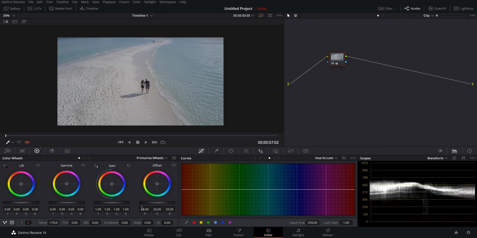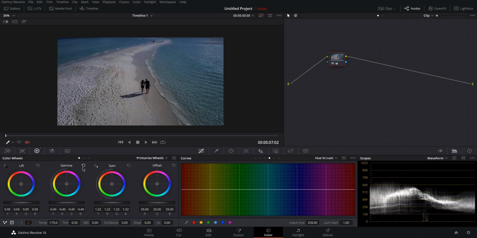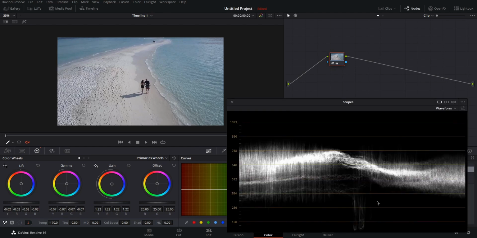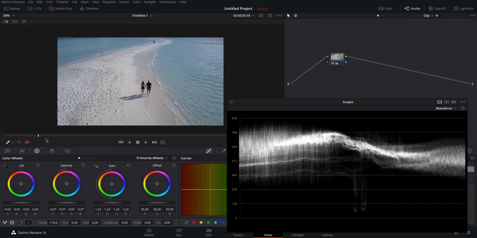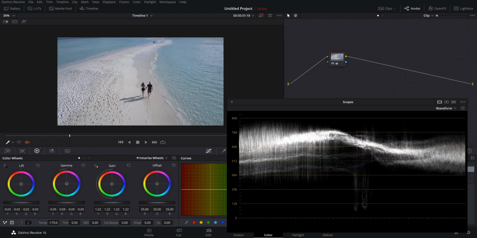Jump over to our vector scope. Here we can get our gain up. We can get our gamma down a bit. Wait, that is too far. Our gamma down. Yeah, and then we can take our lift. You can see if we make this bigger right here, we're almost hitting 0, so we don't want to go much further with that. That's the girl, she's wearing something dark right there. So we don't want to hit 0 with that, so we can leave the lift about here, play with the gamma a little more, the gain,